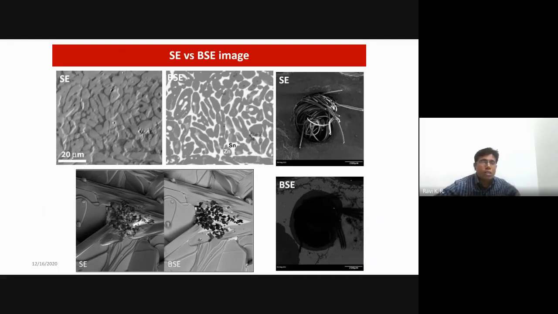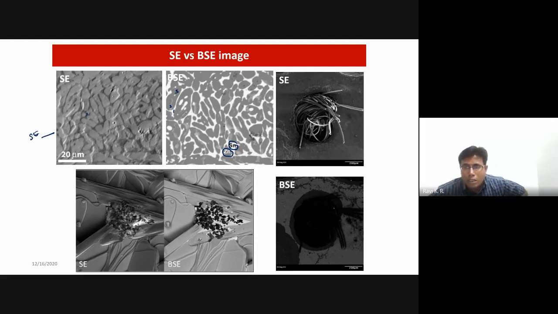Now let us look at this sample. This is a backscatter electron image, and this is a secondary electron image. You can see that these are completely different. See the contrast you get: this region is white and this region is black. But here it is a completely different contrast. You see 3 different contrasts: one here, another here, and the background is another contrast. Here this is a tin rich region and this is a zinc rich region. So depending on the atomic number, you start seeing the contrast.